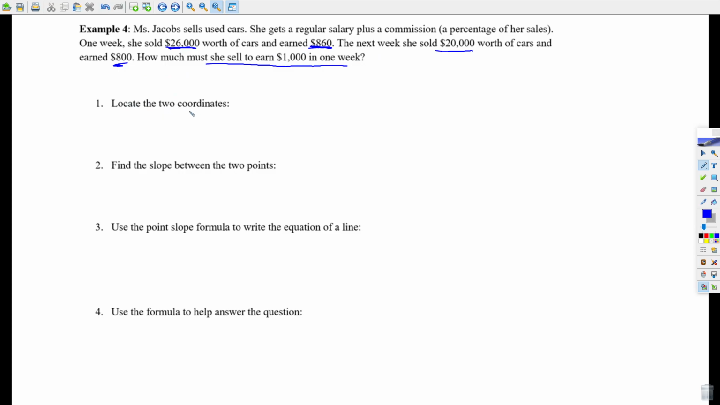So step 1 says locate 2 coordinates. So we need to have like an x and y. So really we're going to do x comma y and x comma y. So we'll have 2 different points. So I think what I'll do is we'll do